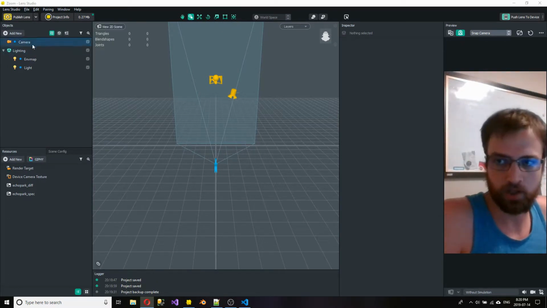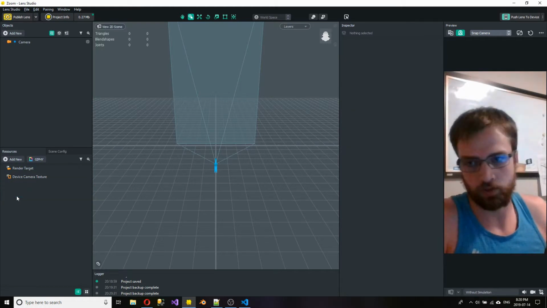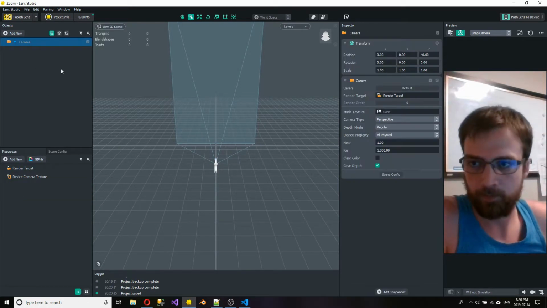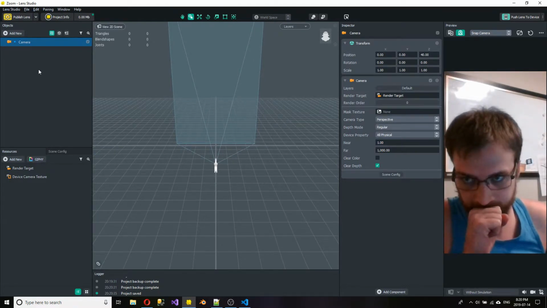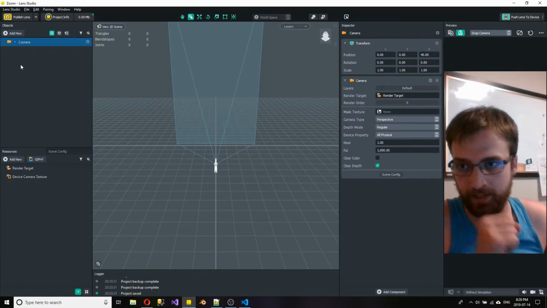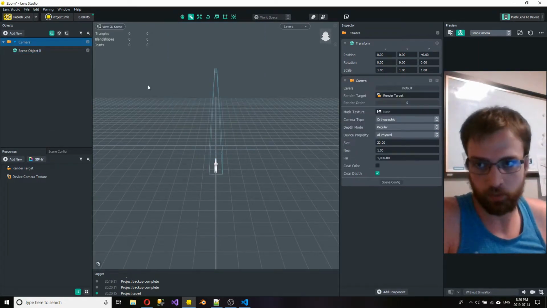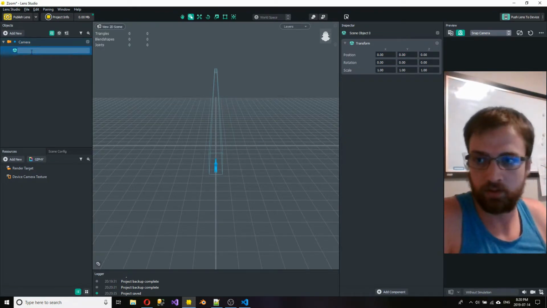So to get started, I'm just going to clear out the lighting and these two textures to free up space, and they clutter the whole project, so whatever. We're going to add a few different things to the scene. First, we're just going to add an empty child object to the camera, and in the camera we're going to change this to orthographic. This is going to be called the zoom screen,